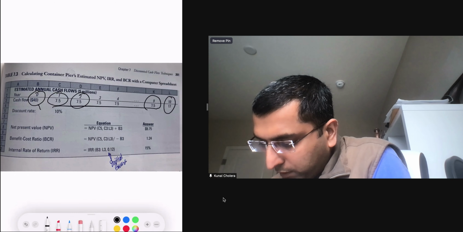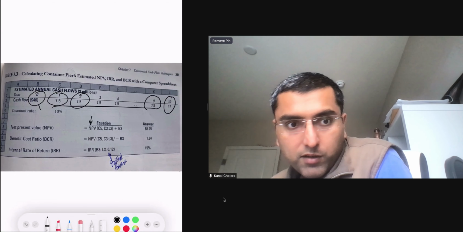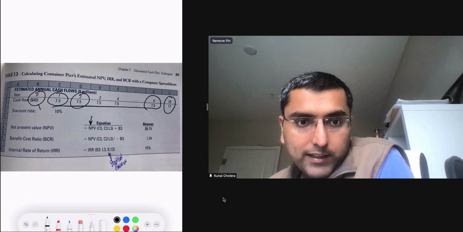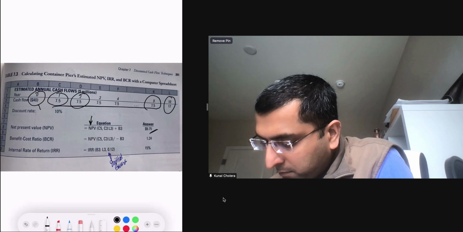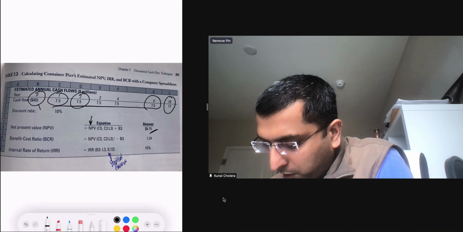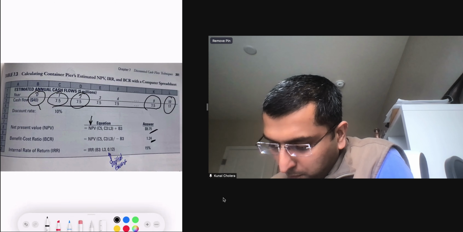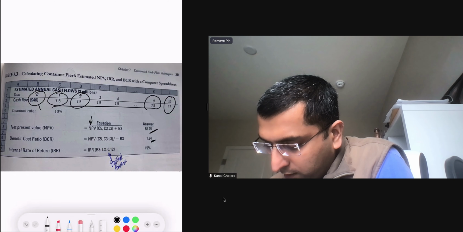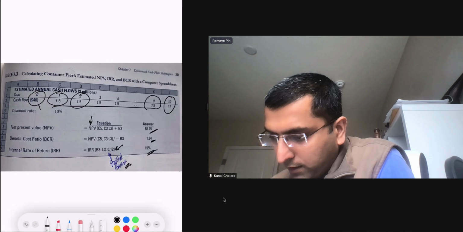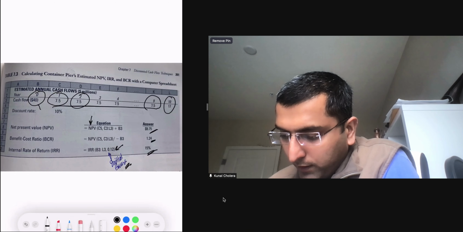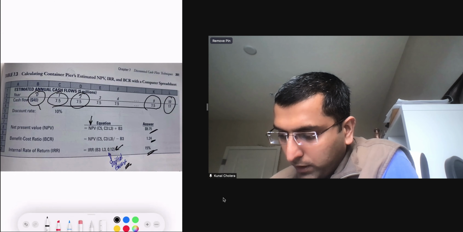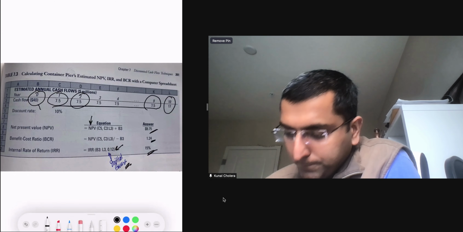The NPV for this is all Excel calculation, which we can use to calculate the NPV. It tells you that, hey, you're going to become richer by $9 if you take on this project. BCR is greater than 1, so that means the benefit is worth the cost. And IRR is 15%. It takes an initial guess of 12%, and then calculates the IRR for you. So Excel does a lot of this. If you have this in Excel, you can calculate all of these metrics very easily.